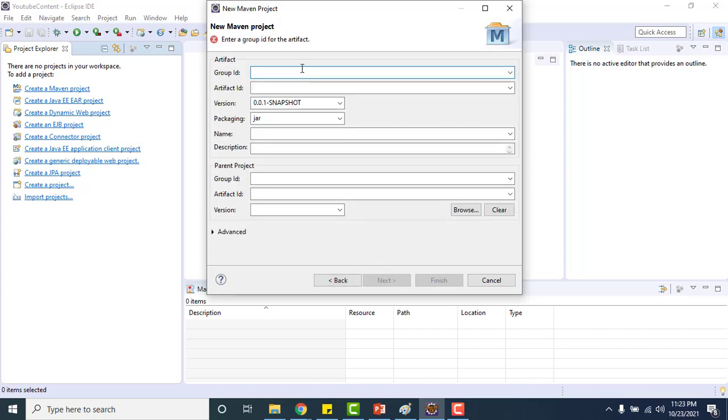I'll give some name, let me make the name easy, like Selenium scenarios.